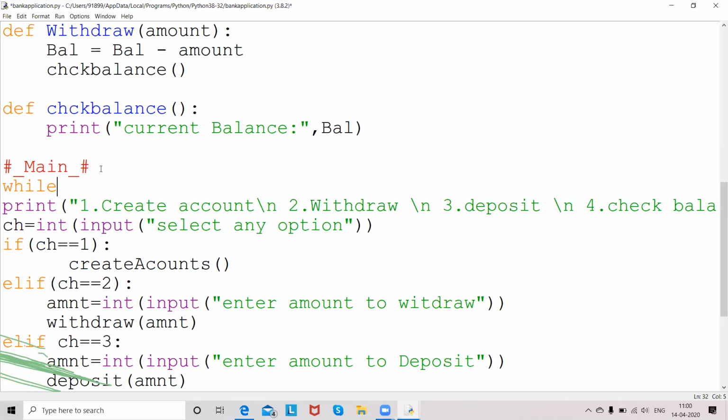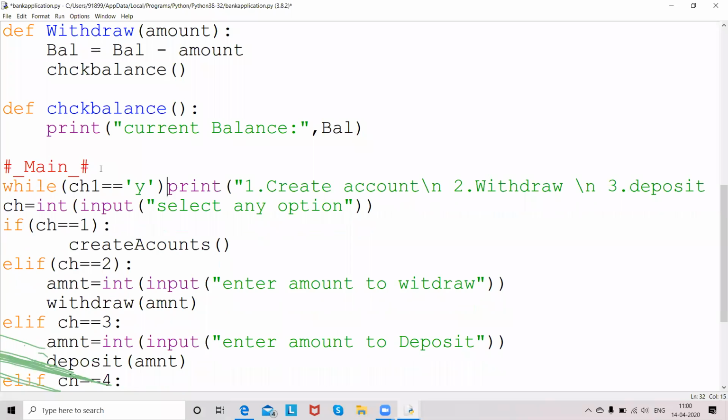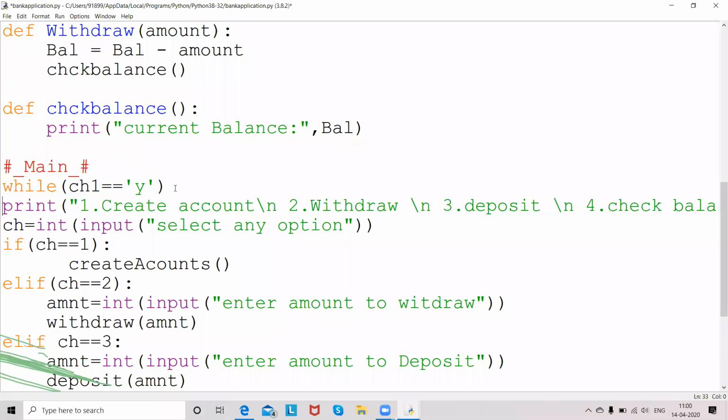So I'll just use while, maybe something like ch is equal to y. Now we need to put a lot of indentation to this.